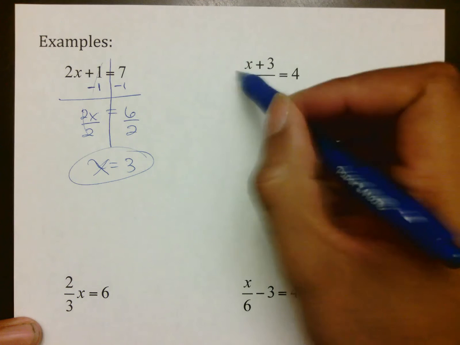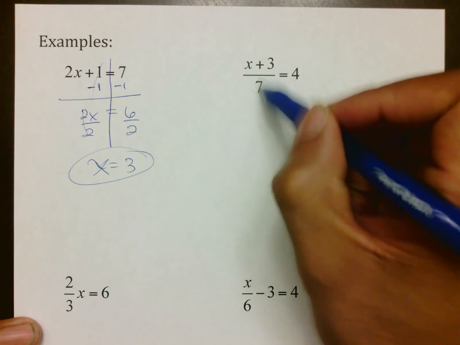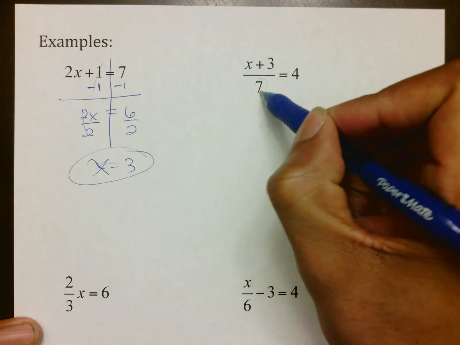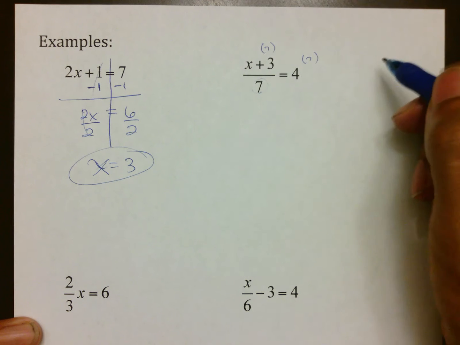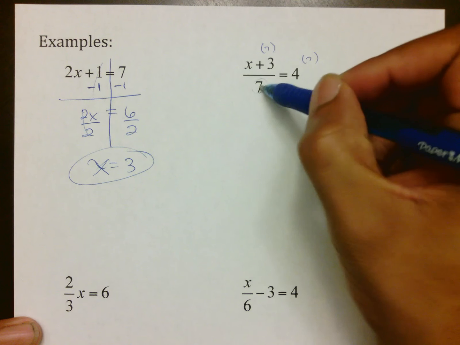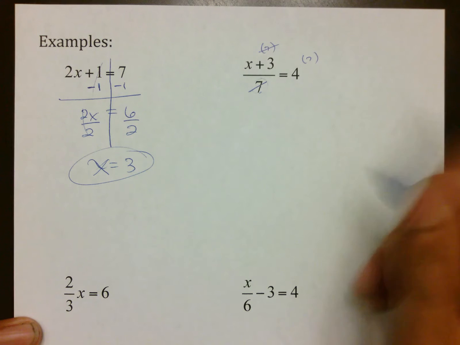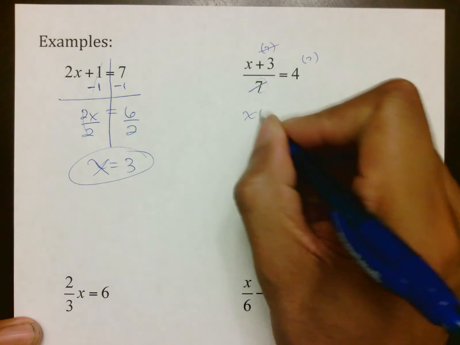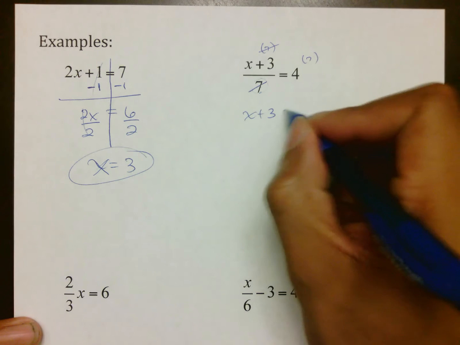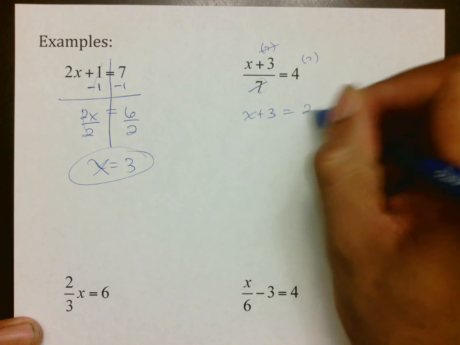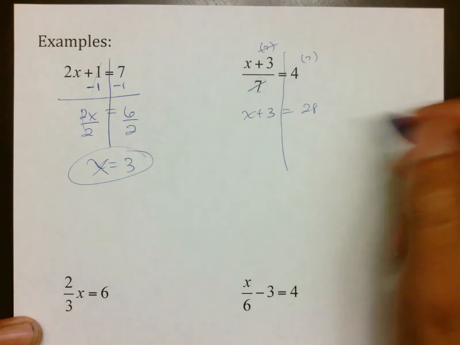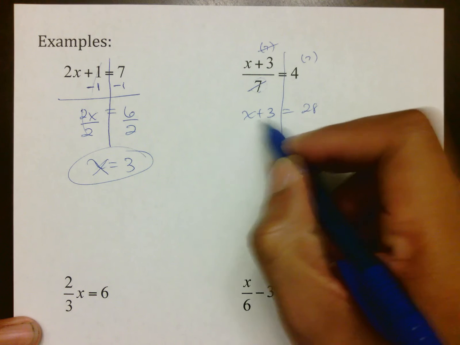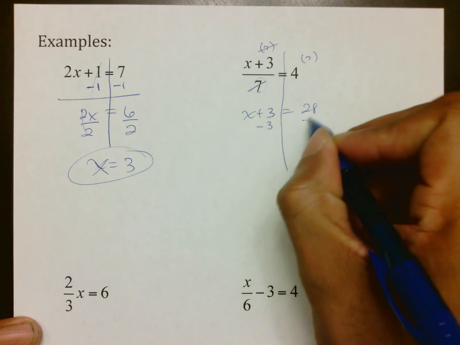Well, if you remember, whenever that number is on the bottom, it's being divided by 7, and the way I undo dividing by 7 is by multiplying by 7. Notice that I have a 7 on top and bottom of the fraction, so these two things cancel, leaving me with x plus 3 on the top, equaling 28. Again, I'll separate these so you can see it. So x plus 3 equals 28, and then I get rid of the 3, which is being added, by subtracting it,